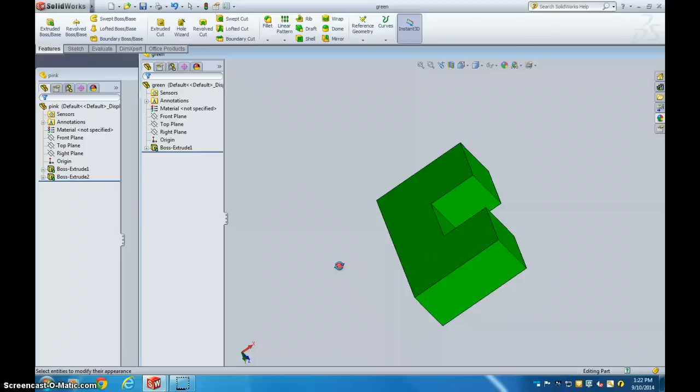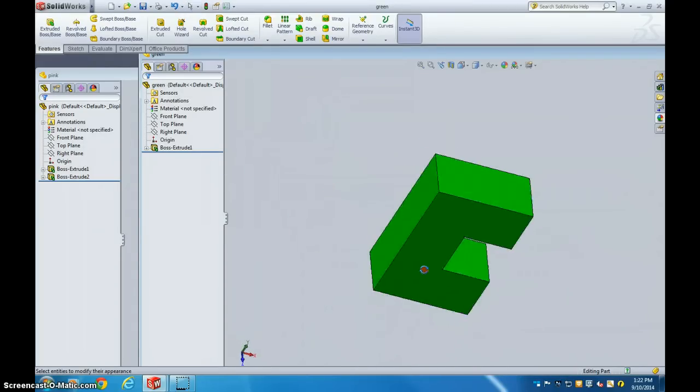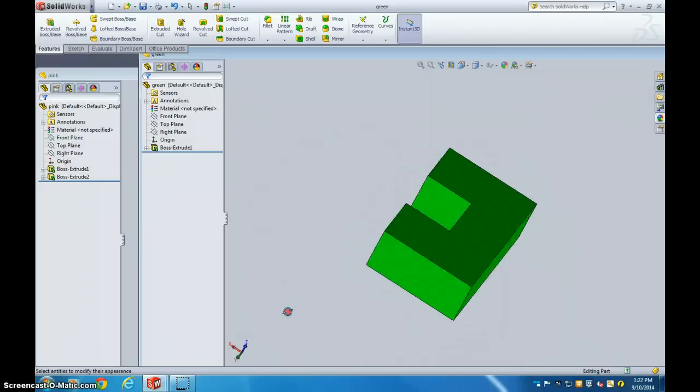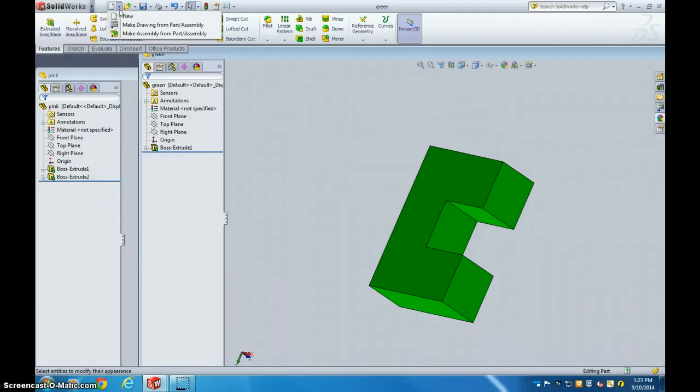And you will obviously have 5 or 6 different parts once you've made them all. And make sure they're all saved into your folder, your cube project folder within your engineering folder within your ninth grade folder, unless you're not a ninth grader. Once you've got all your parts made, we're going to go ahead and assemble them together into the cube. So we're going to come up here to part, and we're going to say make an assembly,